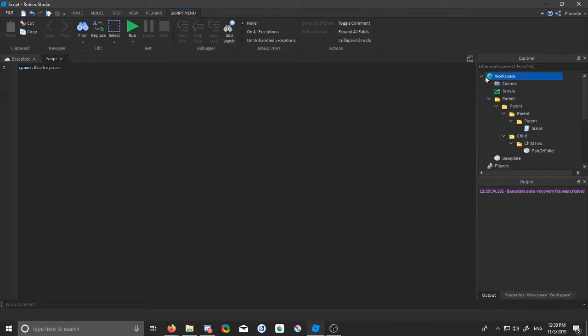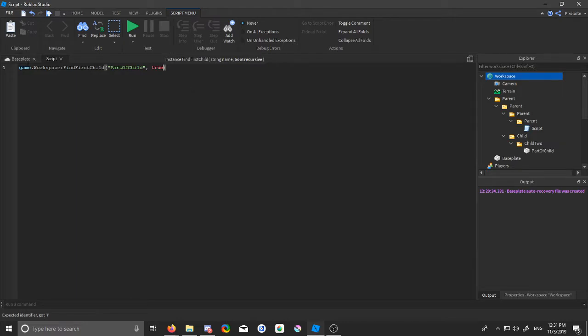Anyway, so workspace in here. Say I want to find part of child in here. Now there is not too much stuff inside of this game, so it's not going to tax the game too much. But if I want to find, for instance, what the object part of child is parented to, since game.workspace means I'm here, I could do find first child part of child